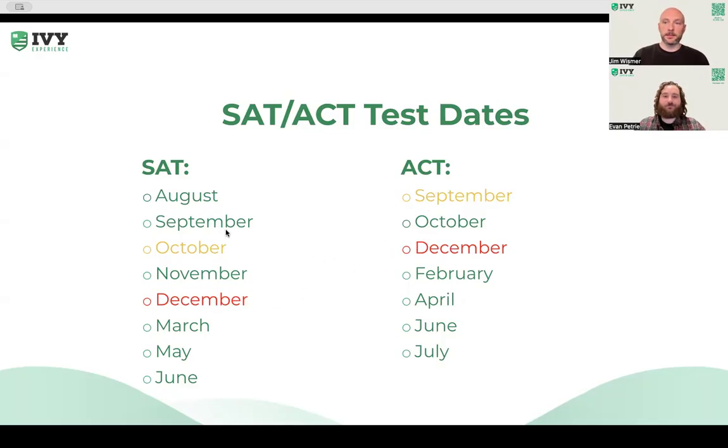So you'll notice SAT has more options in the fall, but they also don't have that July test date that doesn't overlap with final exams, final papers, final projects, and AP exams. The May SAT date is the one that always kills our students because most of them are taking APs or IBs, and often their exams are coming to a head then. So I recommend knowing this full slate of options available to you when you make your initial plan, because you want to go into it with all the information.